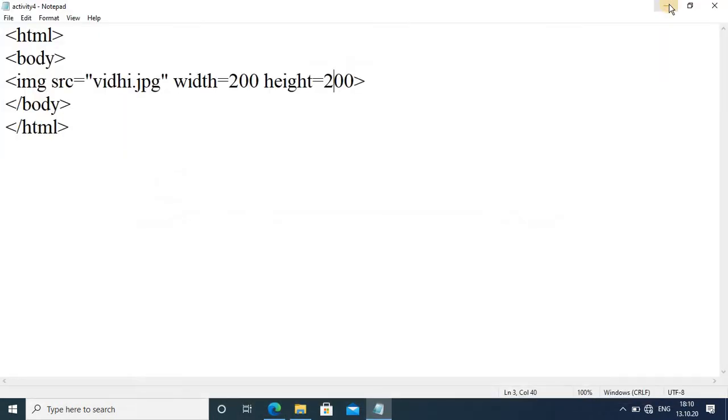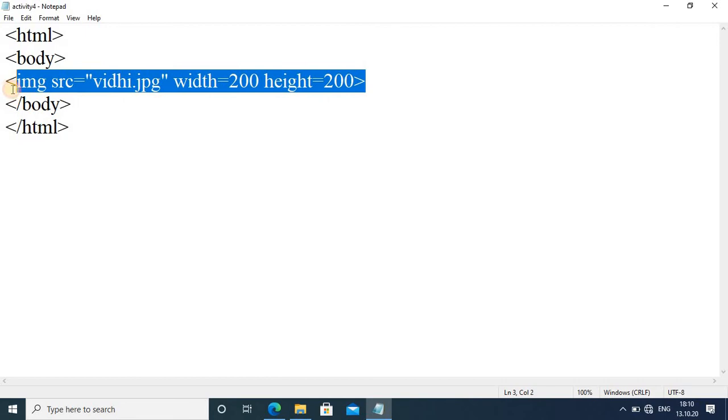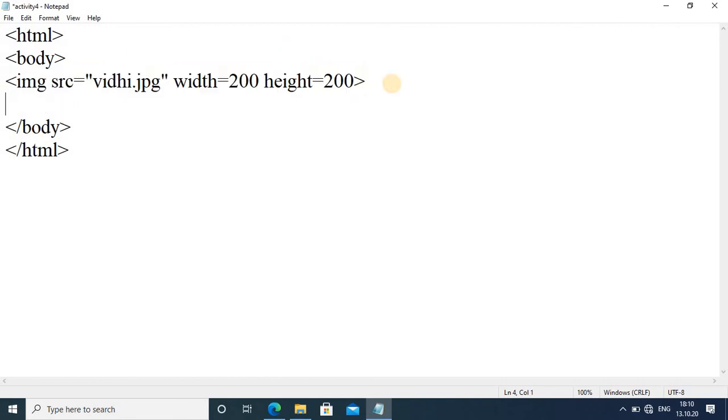Now I saved this image in my folder. But if your image is not in the folder, if your image is in your D drive or E drive, you can add this image in your web page too. So how to add that image, I will show you here. Now here I want to change the source because my file name is different, and the path is also different. My file is saved in a different drive.